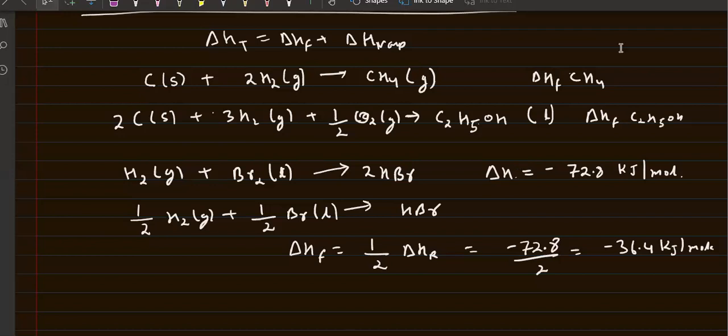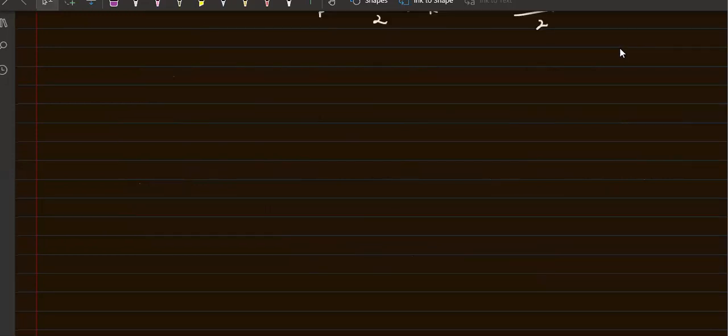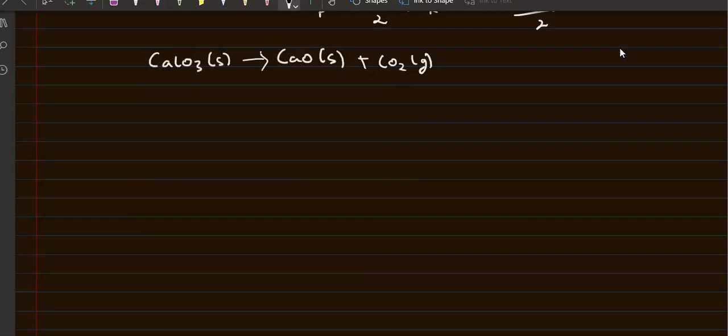Okay, let's solve one more problem. Suppose I have given you this reaction: CaCO3 solid. Sorry, not plus. CaCO3 will give you CaO, which is also solid, plus CO2 gas. The question is to find